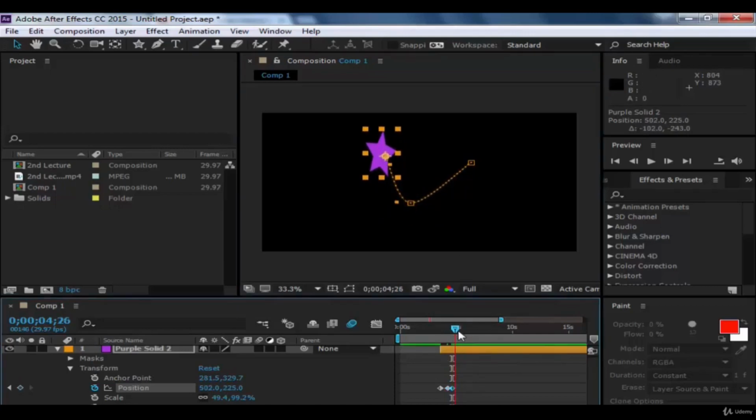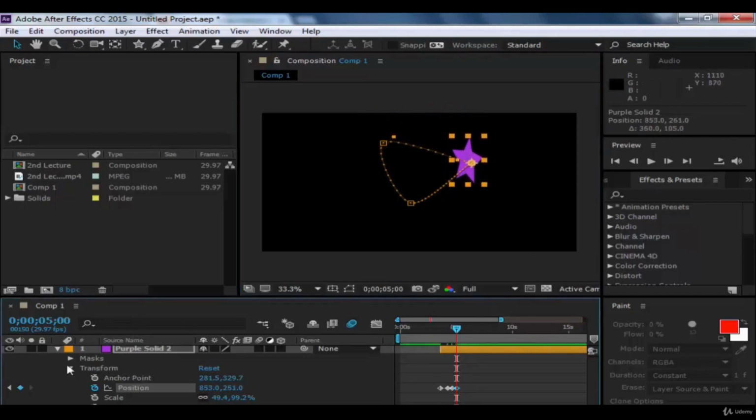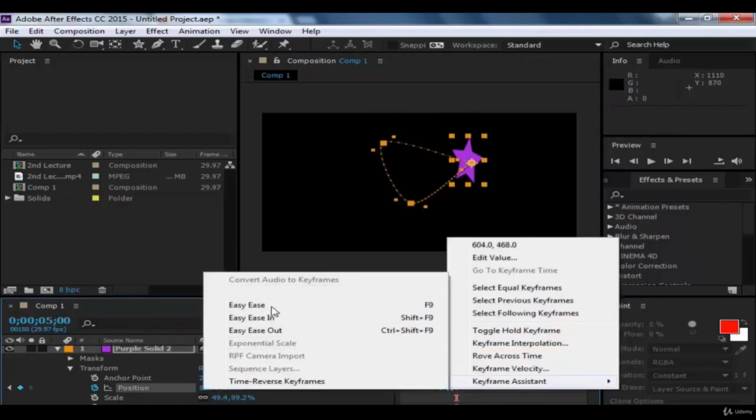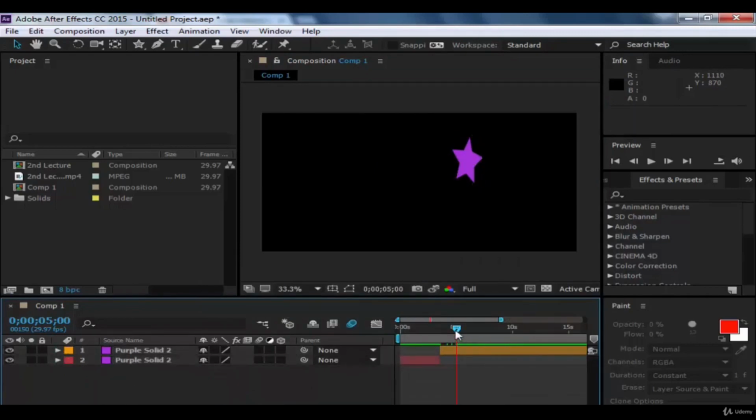See, our interpolation was Bezier, so it just creates curves around there even if you don't want to. So let's just easy ease them, keep them and easy ease them, right? Yep. And as you see it,